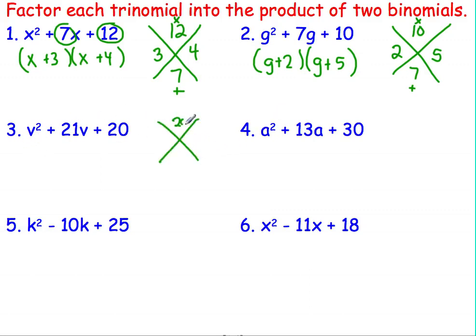We'll put the 20 up top, the 21 on the bottom. 20 times 1 multiplies to give me 20 and adds to give me 21. So I'll just say v plus 20